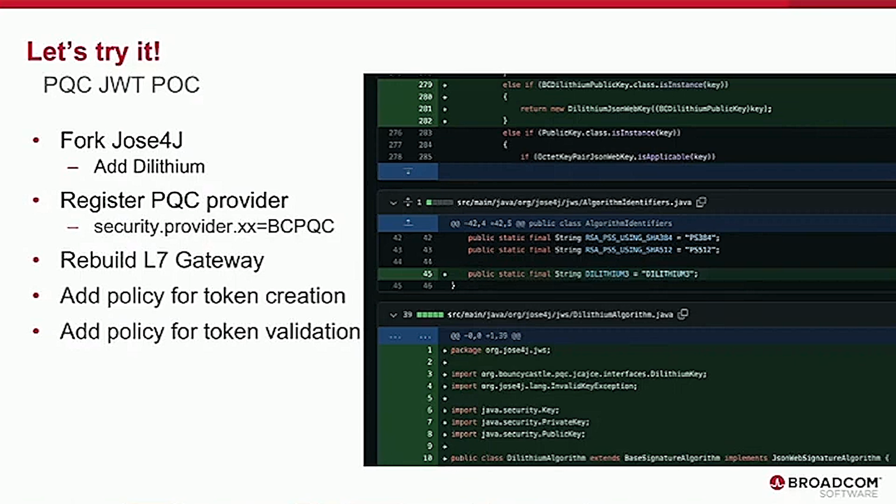And we really need to be on the forefront of this because of how people use layer 7 right now. So in this project, what we had to do is fork Jose4J, which is a Java library that implements those signature algorithms inside JSON Web Token. And we forked it and we added our own Dilithium. So we basically went beyond what the specification says today, and we added our own Dilithium signature algorithm as part